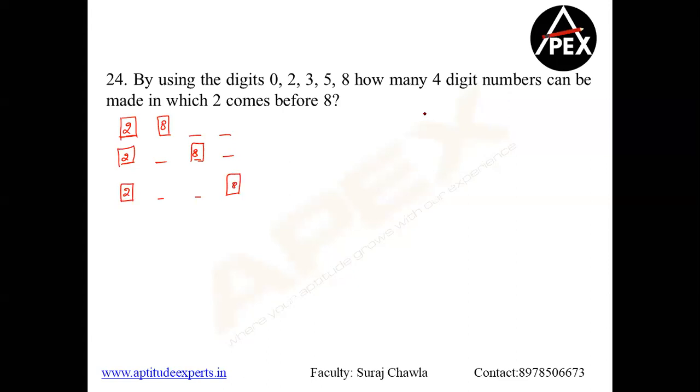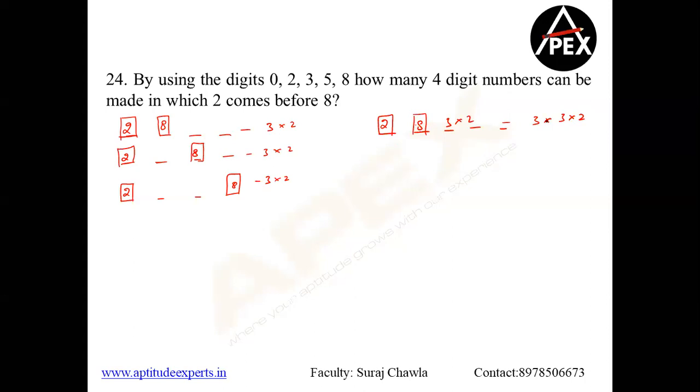So the logic is quite simple. How do you calculate? I taught you yesterday. If 2 is blocked in the first place, now I can have 8 here, 8 here, 8 here. That means I'll have 3 cases. Block one of the places. So 3 into. Now you do your calculation. So 2 digits are blocked out of 5. So this will be 3 into 2. Clear? That is the same here. So you're doing 3 into 2 here. You're doing 3 into 2 here, and you are doing 3 into 2 here. So with 0 for the first case being blocked, we'll have 3 into 3 into 2.